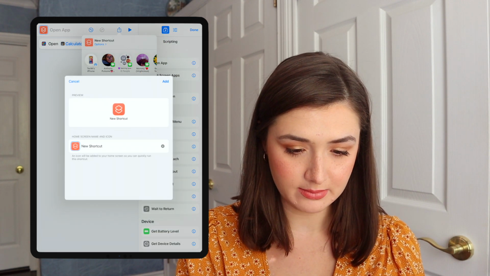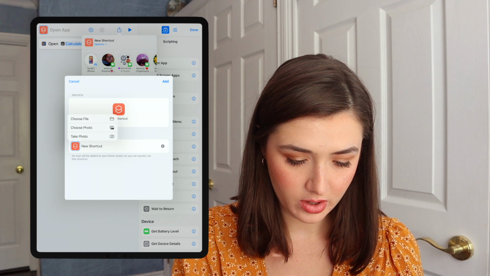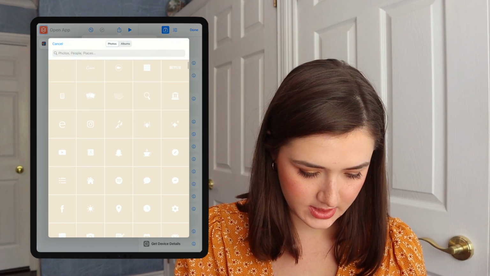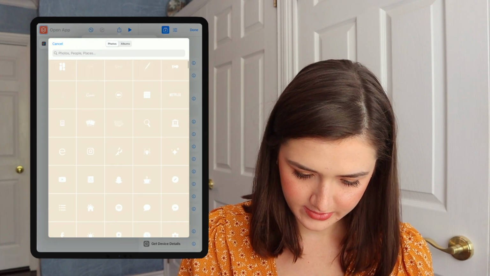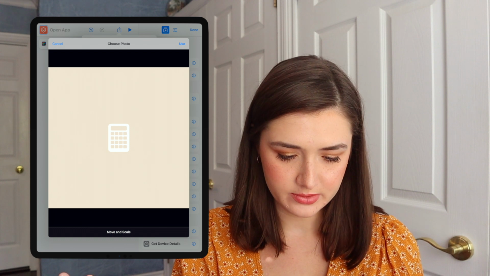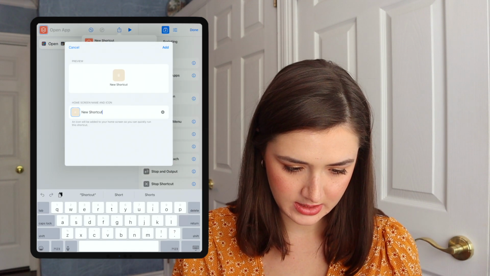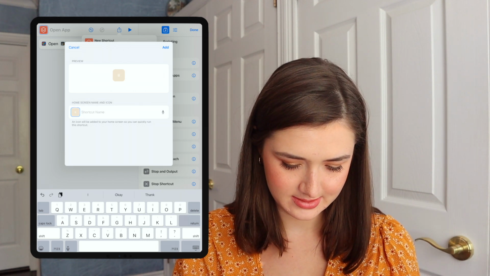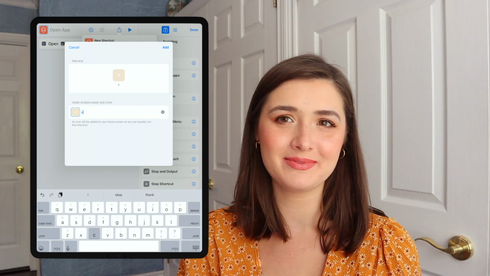Once you're in this pop-up window, you can click the icon to choose the photo that you want. So all I have to do is find the calculator app that I made, wherever that is. Oh, right here. Perfect. And then use. So it'll automatically do that and then type out calculator here. And I want to do it lowercase just because that's what the aesthetic is for my iPad, what I want.